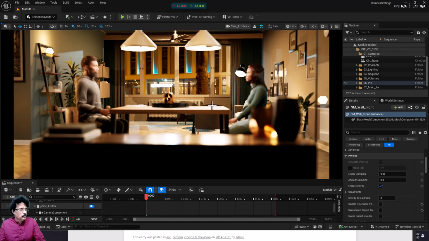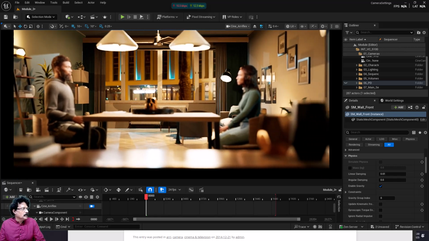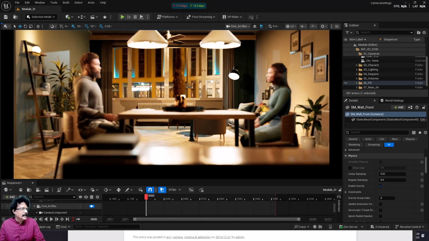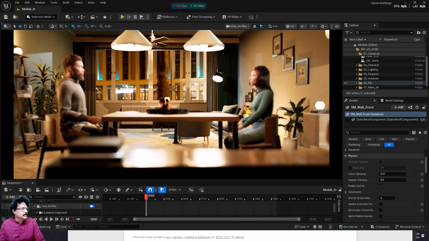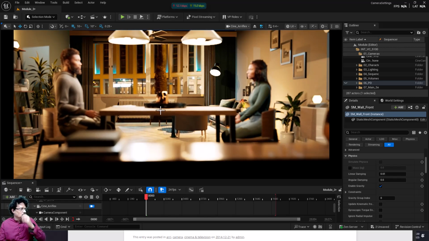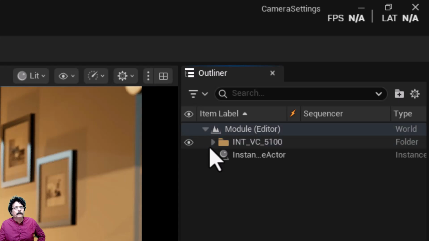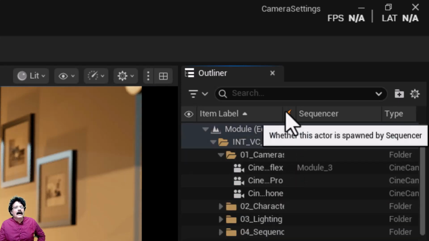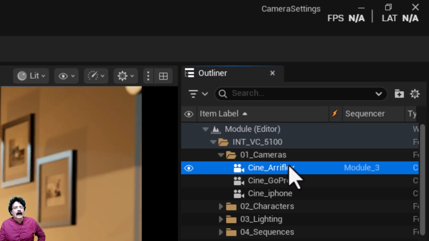I will just move W and do a composition like this, wherein I will press A a little. So, I need this desk also here and the two characters present there. Now, I want this shot to be taken and I want this to be focused. So, again I will collapse all, open this, and 01 camera, I will select my Ariflex camera here, and then